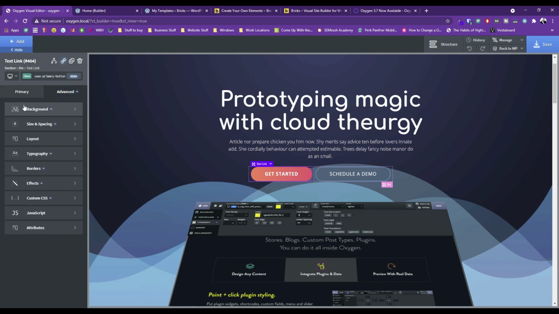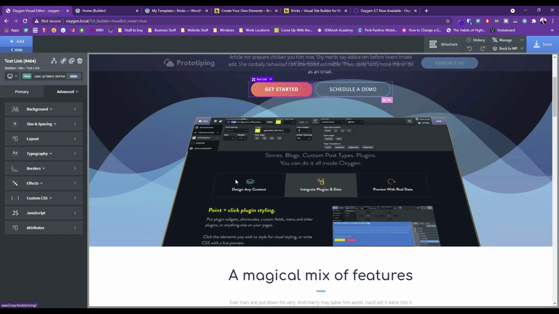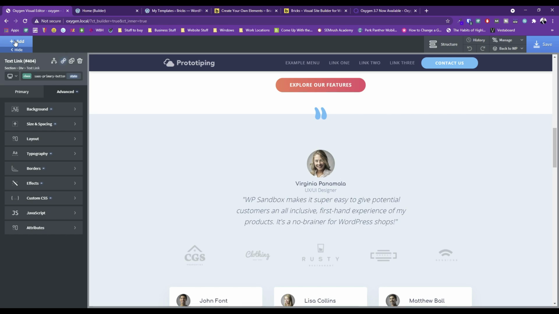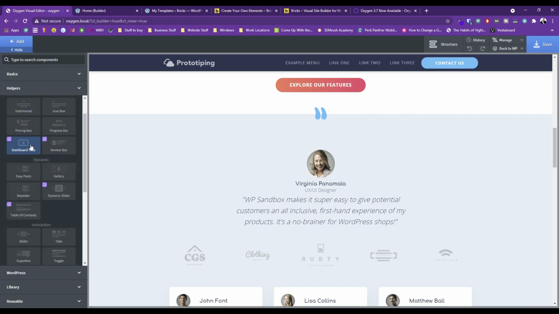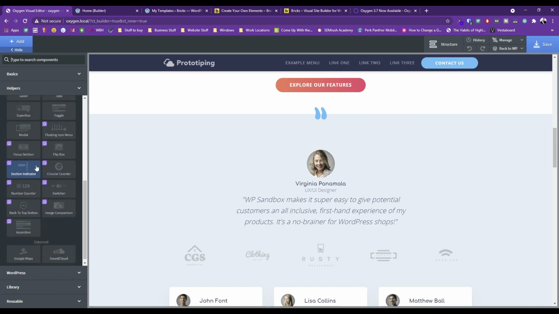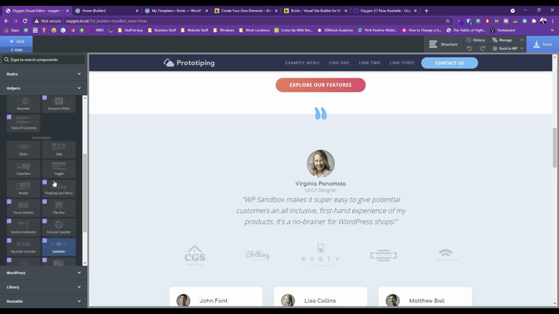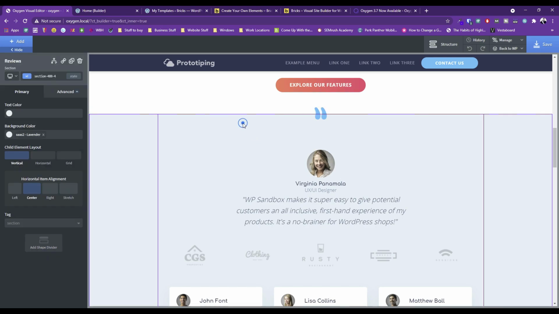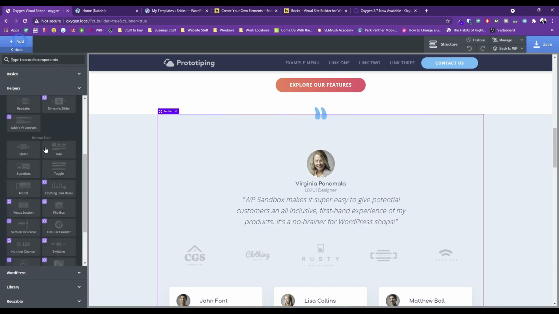But for the most part, you're not going to have to code. Now, there are some codes that they do with their specialty buttons. So for instance, the review box, the dashboard tabs, the dynamic slide, all of these things do have some coding in here. So for instance, if we were going to pick this and add in